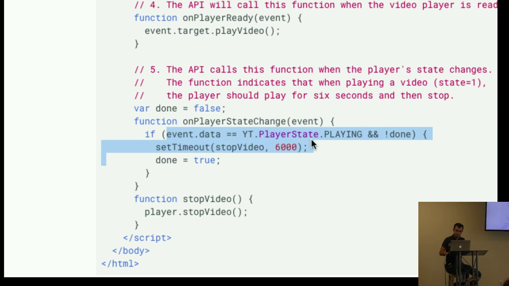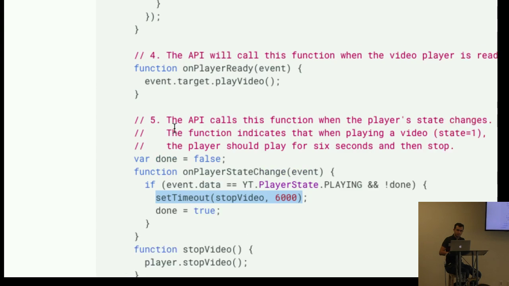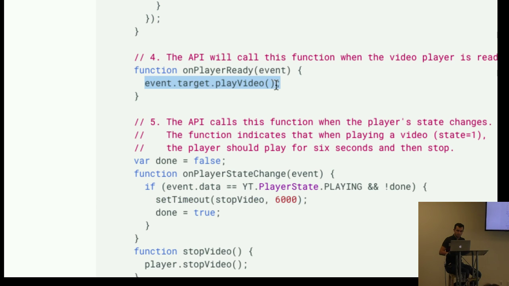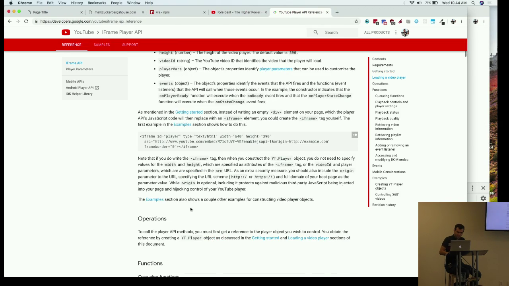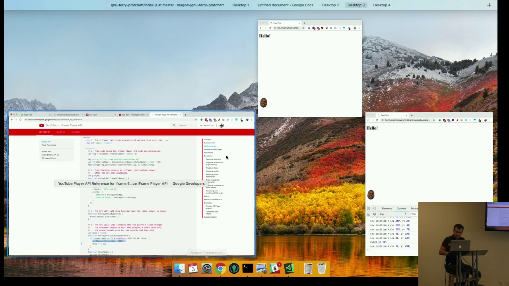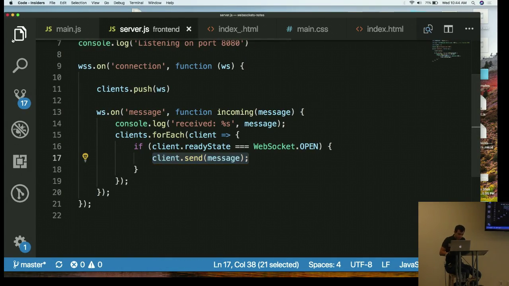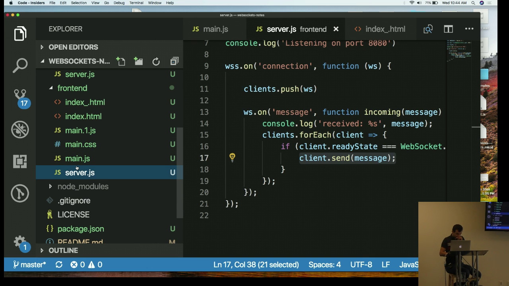So if the YouTube video is currently playing, the demo that they have here is the YouTube player starts. So on player ready, play video, and then if it starts playing, after 6 seconds it stops itself. That's all, right? That's not very fun, but what is fun is, okay, so here, I have